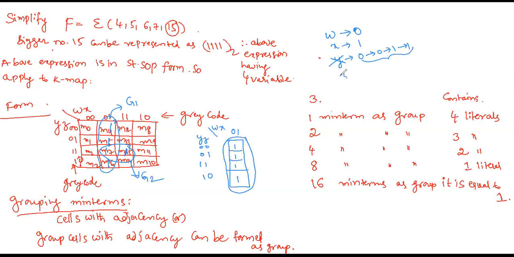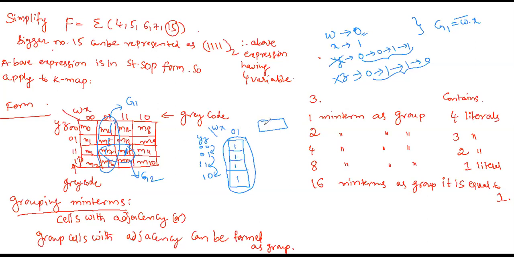Next, look for the Z. Z is also changing 0 to 1. See here, 0 to 1. Next, 1 to 1 constant. Next, 1 to 0, changing. So this is also varying along the group. So we should not write this one. And for the given expression, the variable with 0 should be written as complement. The variable with 1 you have to write as itself. W bar X.